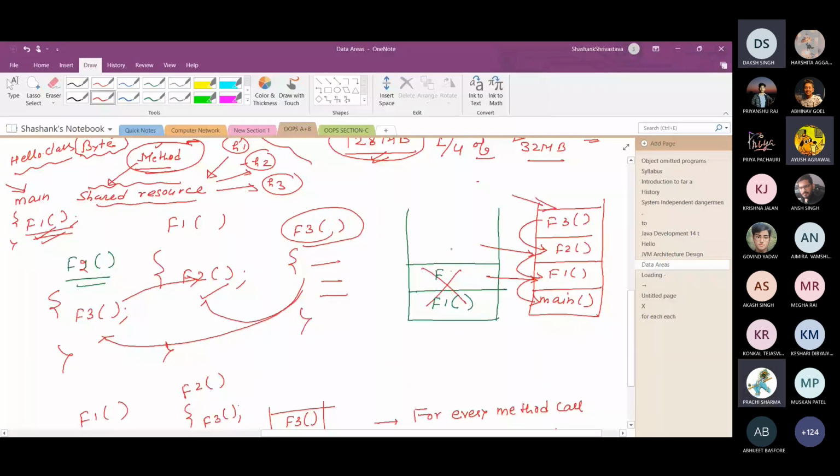Okay, after the memory is allocated, the last part of the Java virtual machine is the execution engine.